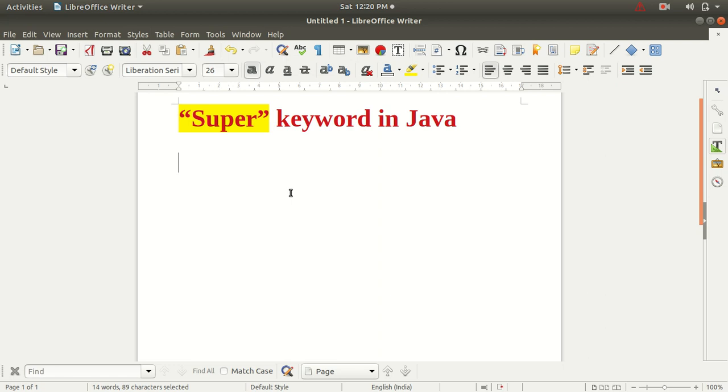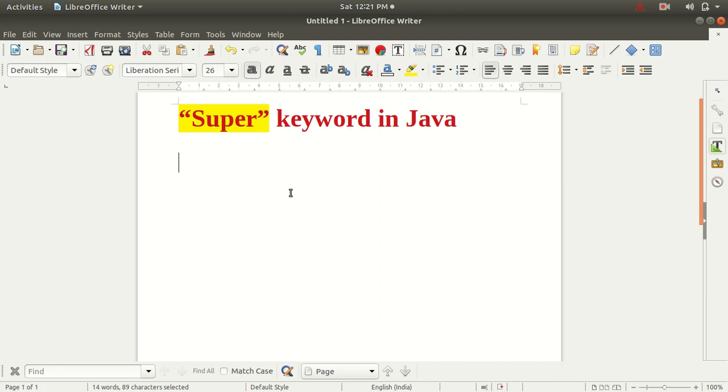Now if we talk about the super keyword, the super keyword is also a reference variable which is used to refer to the immediate parent class object. So the difference between this and super is that the this keyword is a reference variable which refers to the current class object, and the super keyword is also a reference variable which refers to the immediate parent class object, right?